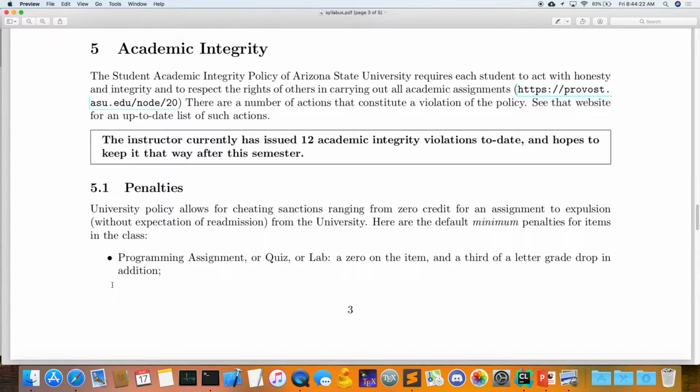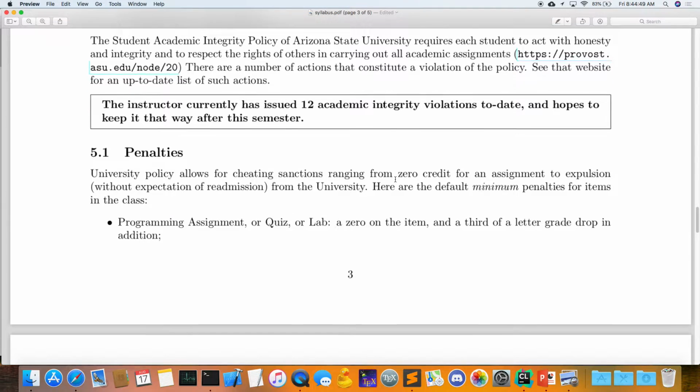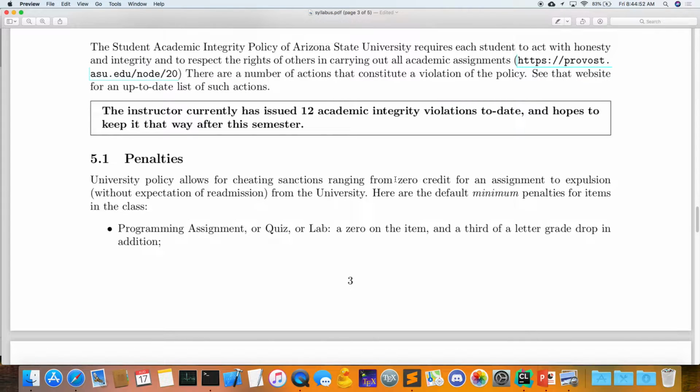Okay, so my favorite section to talk about, and everyone's favorite to listen to. So what can I really say about this? Before the class I taught over the summer, this number was 2. And over the summer, it's 12. It's actually higher because some of them I didn't quite consider violations, but the ones that I reported were violations. So basically, you can work with anyone you want